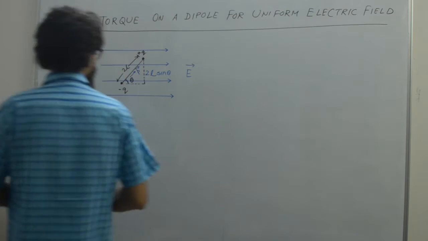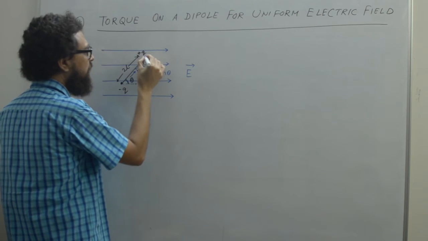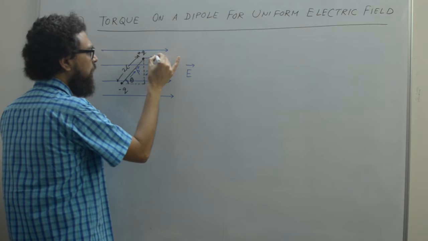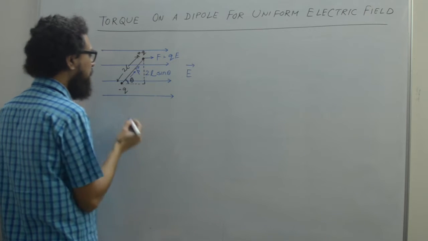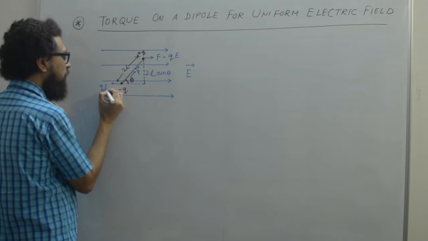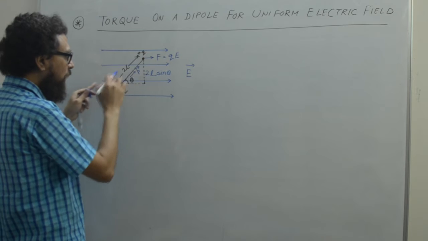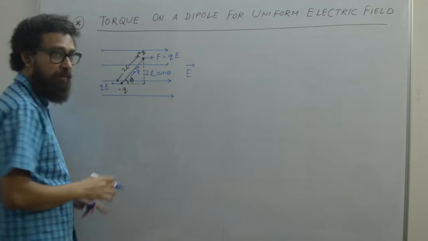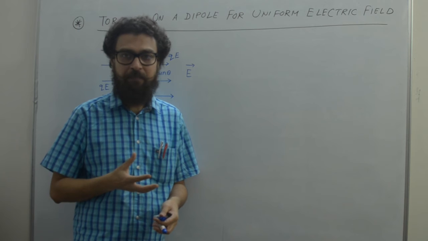So you can understand when we have a dipole, we have a plus Q charge here. So obviously there will be a force here. And what is that force? It is of course QE in magnitude, and again there is a force on the other charge also. So we have two forces which are equal, opposite, and anti-parallel in direction, so they form a couple, and when we have a couple we have a chance of rotation.